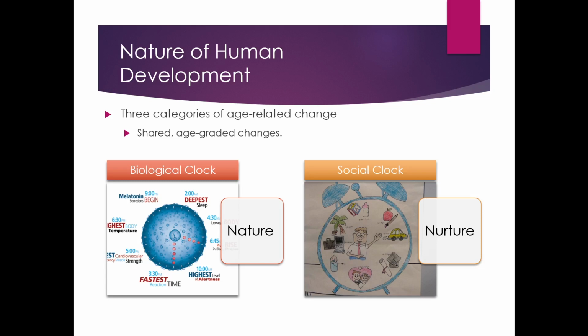And within a large culture like the United States, where we have 330 million people, and we have just vast land masses where different regions have different populations and things like that, you can imagine that the social clock can really vary, right? There's a lot of variation among different groups. But as a culture, we could look at this drawing that somebody made here that I've got on the slide, where you've got, you're